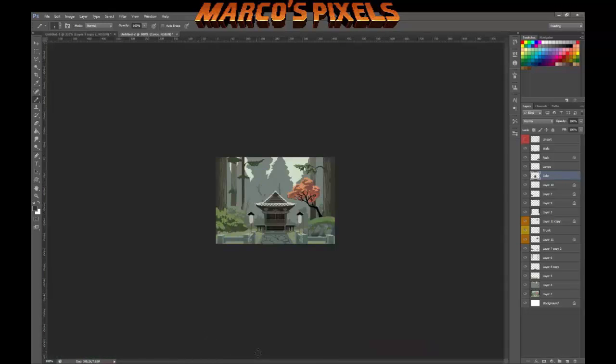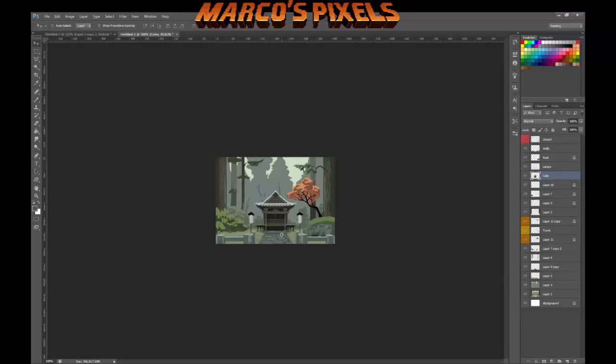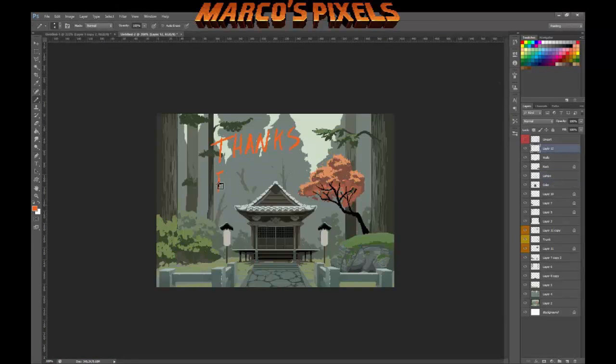I also added those pillars on the temple to make it look a little wider, and this is the complete